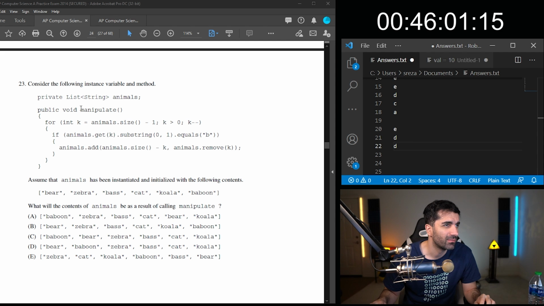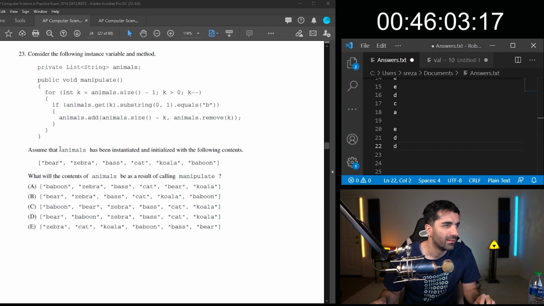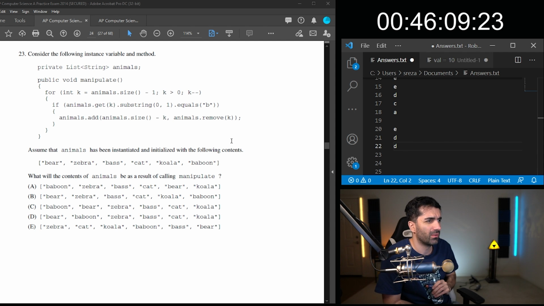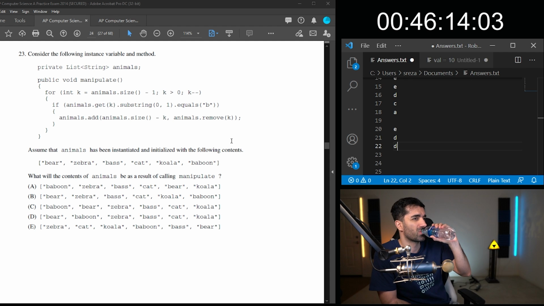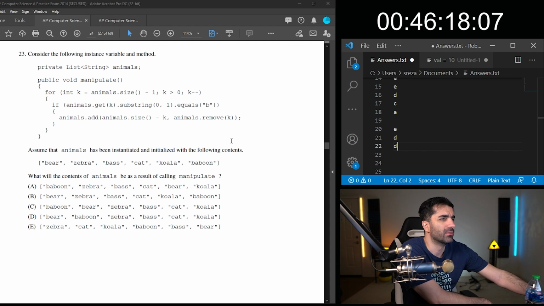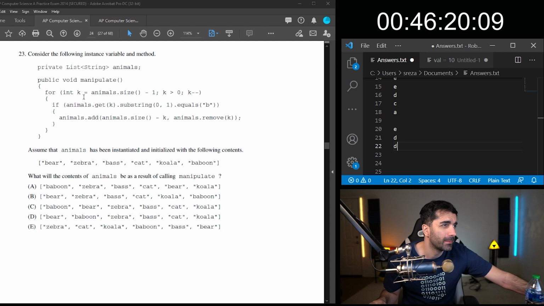Consider the following instance variable and method. Assume that animals has been instantiated and initialized with the following contents. What will the contents of animals be as a result of calling manipulate? Okay, so what does manipulate do? For int k equals animals.size minus 1.